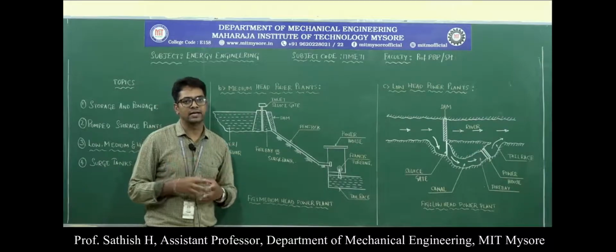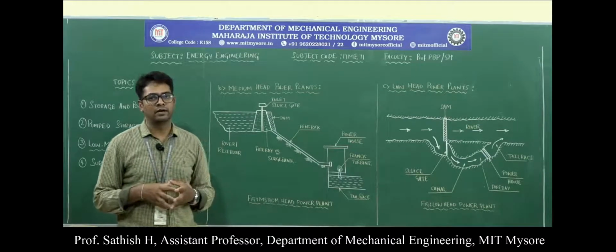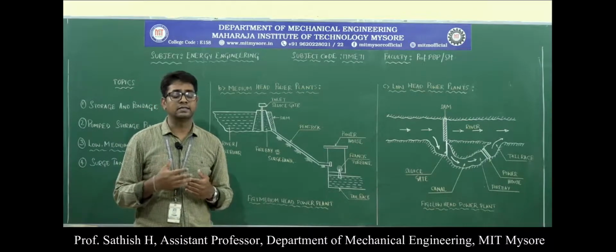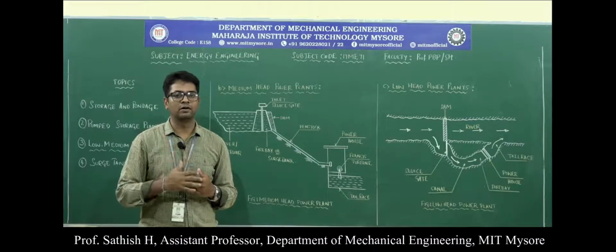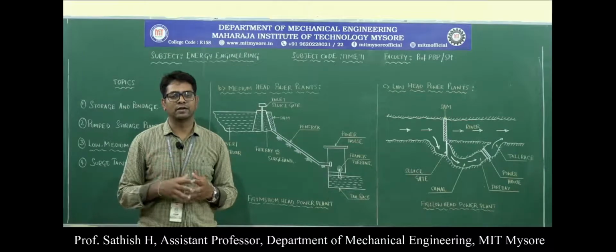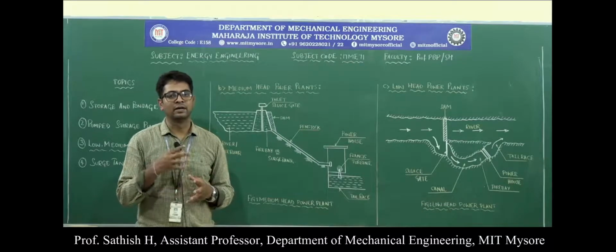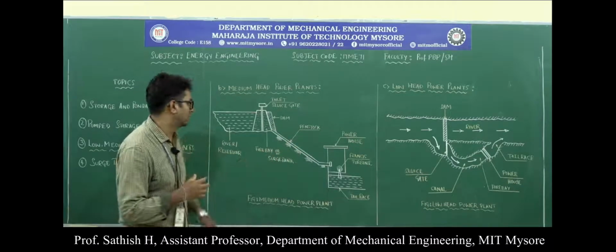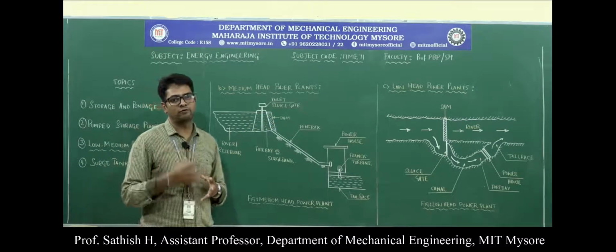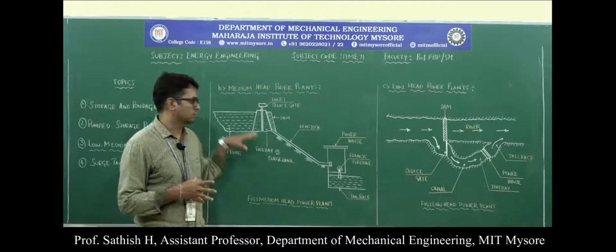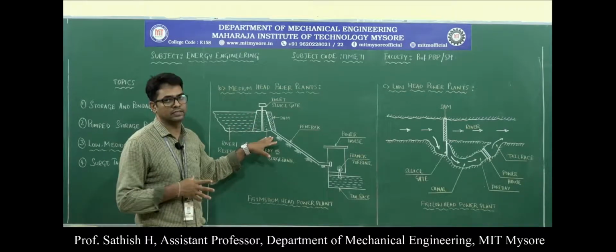A surge tank has the function that the water inside it can rise or fall, so that it will compensate for any fluctuations in the pressure in the hydraulic circuit here. Then we have a sluice gate in order to control the flow rate of the water which is flowing out of this reservoir.